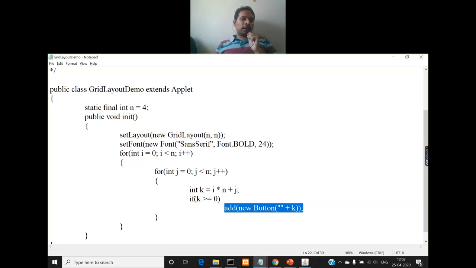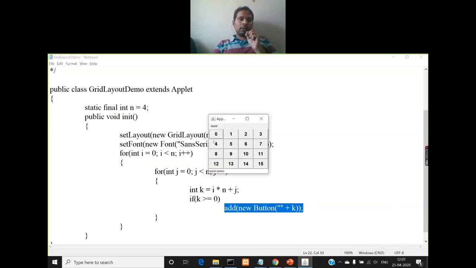Button. The first button will have the label 0, the second button will have the label 1, the third button label 2, and so on up to the last button, the 16th button, which is going to have the label 15. That is how the output is obtained. I hope you understood, right?